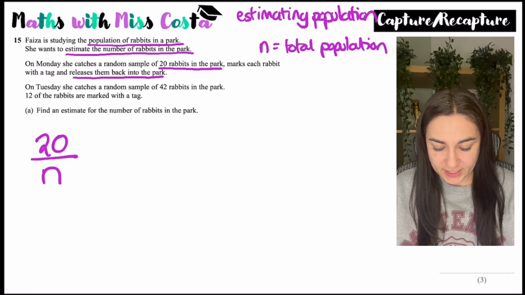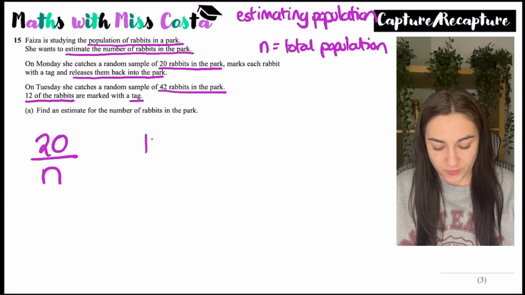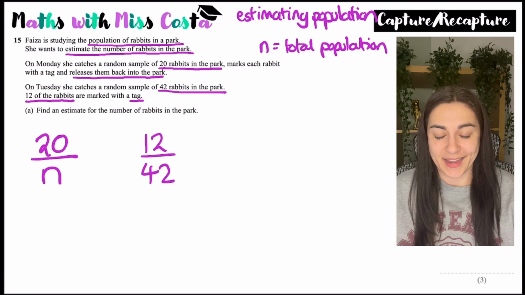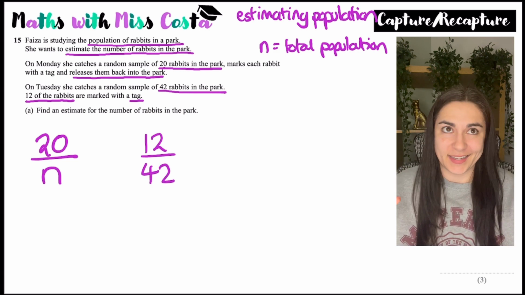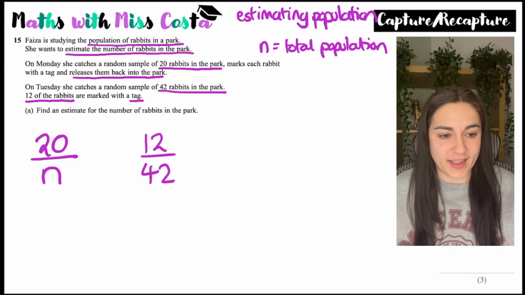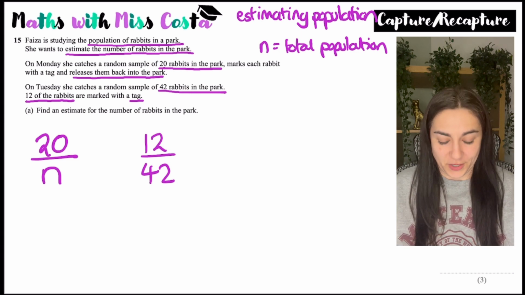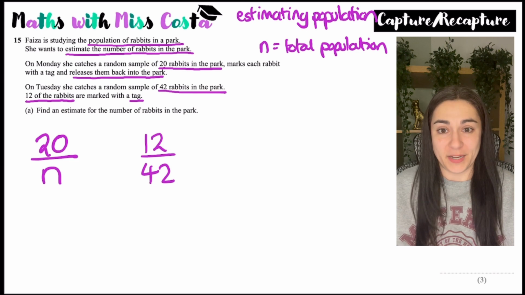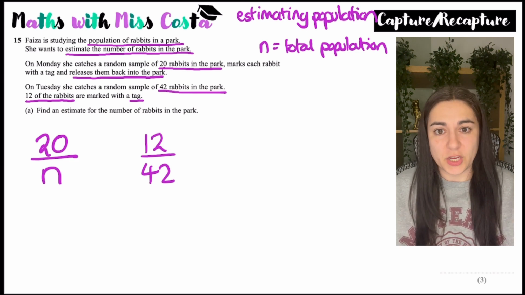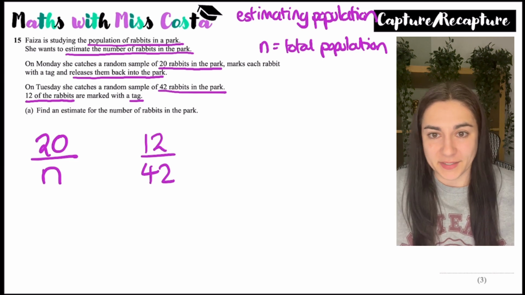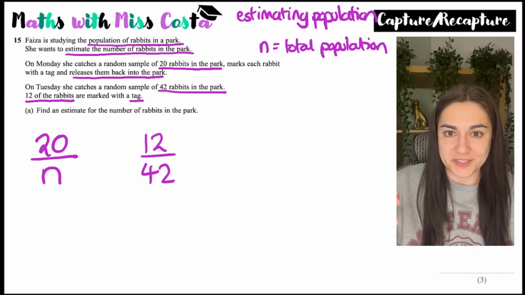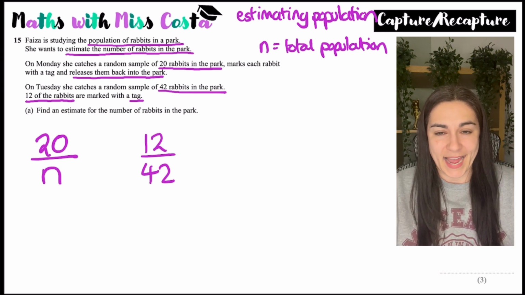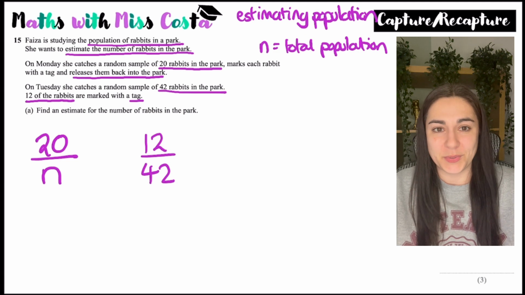On Tuesday, she catches a random sample of 42 rabbits in the park, and 12 of the rabbits are marked with a tag. So 12 out of 42 rabbits are marked with a tag. Now, when we do questions like this, the idea is that if you grab a certain amount of the population, let's say 20, you tag them, you then release them, they're going to disperse amongst each other, and then you capture another bunch, and then however many of them have tags is going to be proportional to the amount